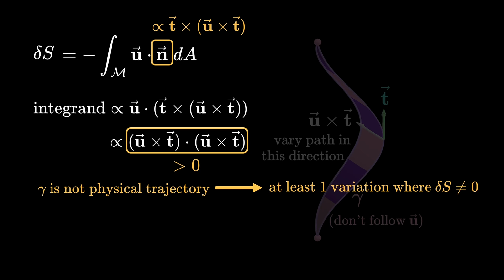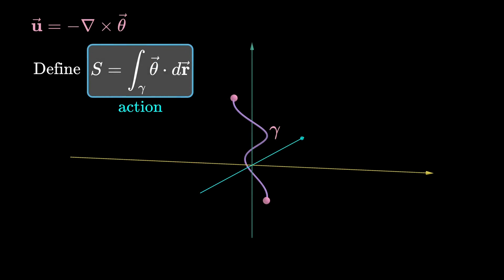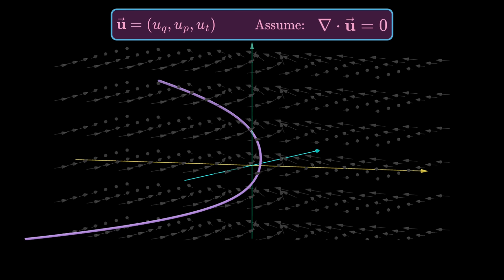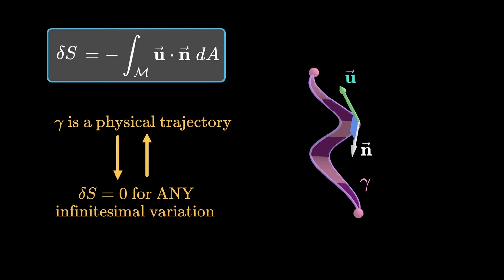At this point, I was a bit hesitant to call the action principle satisfying. In this explanation, the definition of the action S relies on knowing the vector field U already. But if you know U, you can just follow it to see how a physical system evolves. In some sense, the action principle is a bit tautological, pun intended.